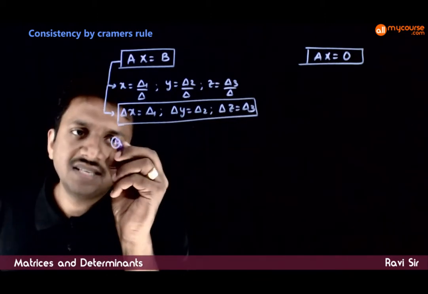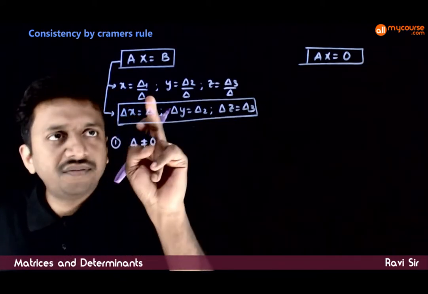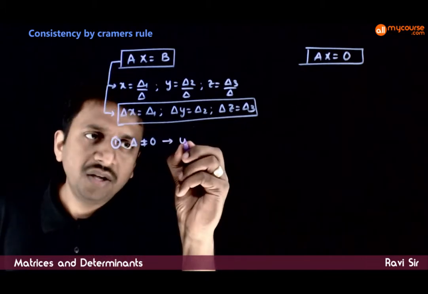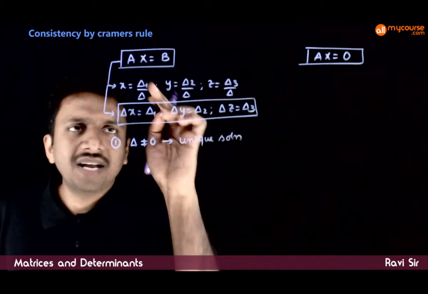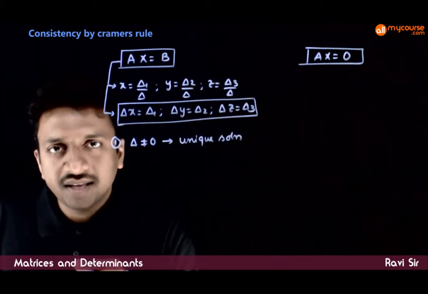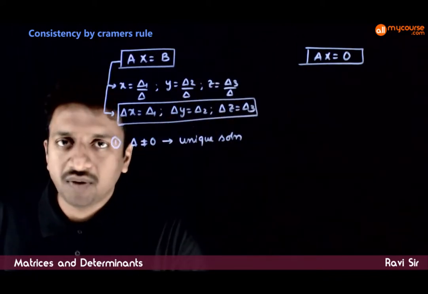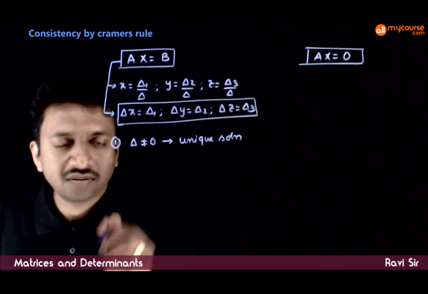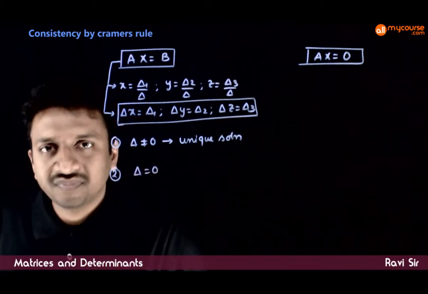The first case is if delta is not equal to 0. If the denominator is not equal to 0, you have a unique solution, because you get some values of delta 1, delta 2, delta 3. So x has a unique value, y has a unique value, z has a unique value. So delta not equal to 0 implies a unique solution. Now, if delta is equal to 0,